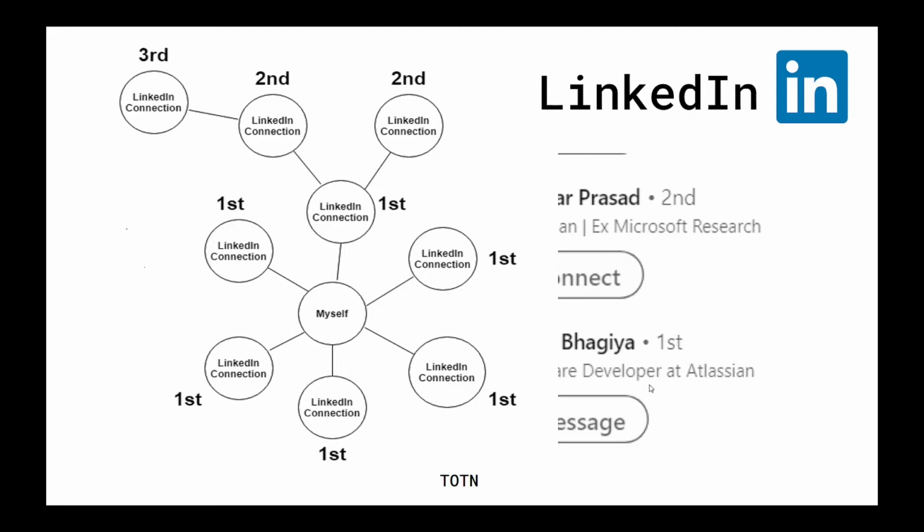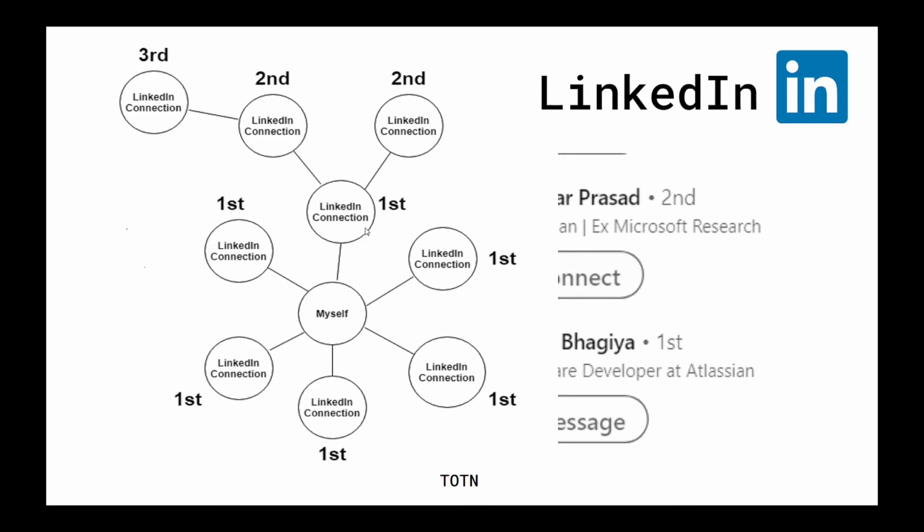So what does this indicate? Have you ever given a thought about it? Here's a diagram that I made to show you just that. Consider I'm in the center of the graph here. This is myself over here. And all my immediate connections would come under first degree connection. This is my immediate connection since I have a line connecting myself and this particular LinkedIn connection. So these are my first degree connections.